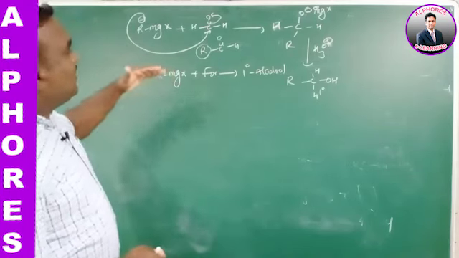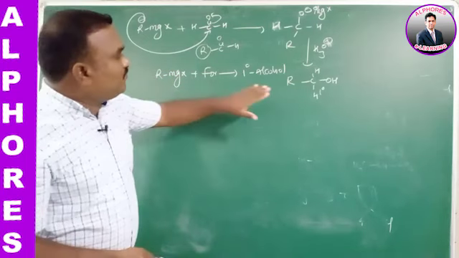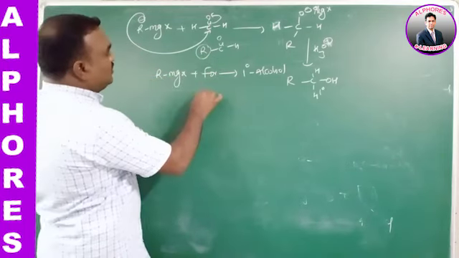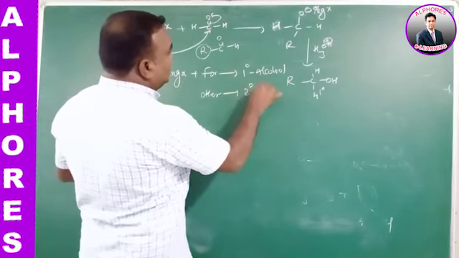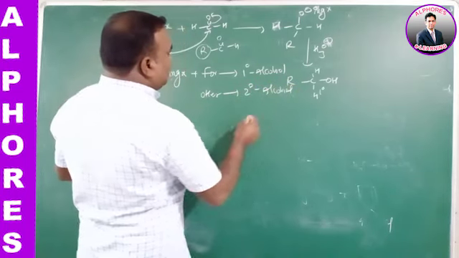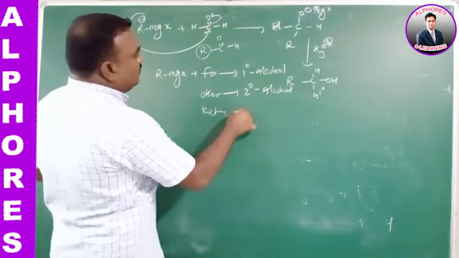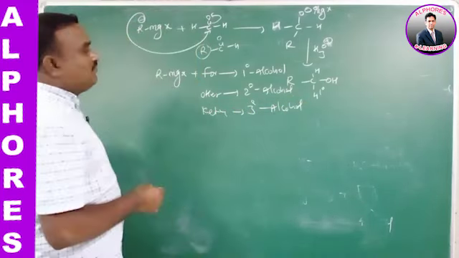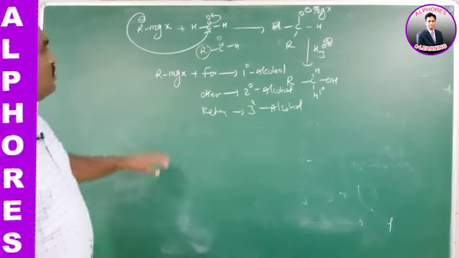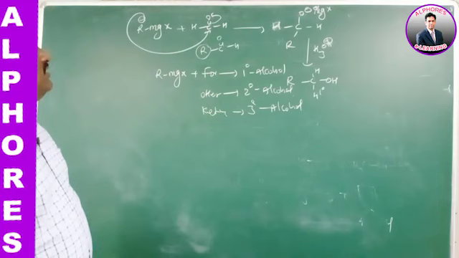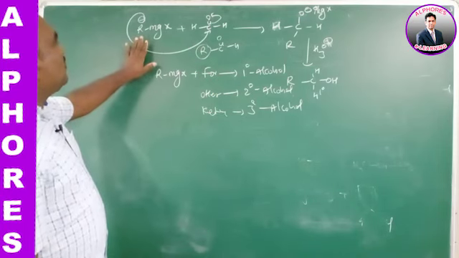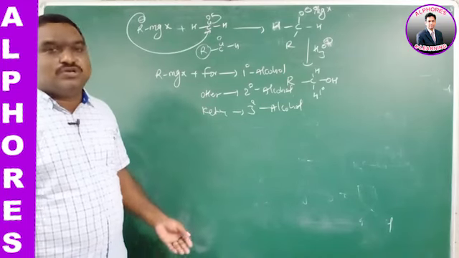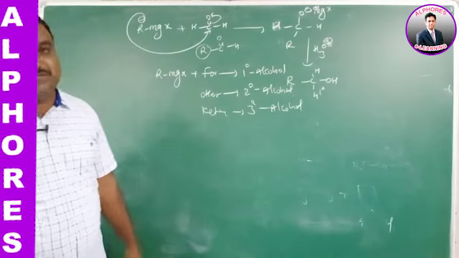Only formaldehyde gives primary alcohols. Other aldehydes give secondary alcohols. Wherever a ketone is given, tertiary alcohols are formed. We will discuss that concept again in the formation of alcohols. So this is the way to write nucleophilic addition reactions wherever RMgX or Grignard reagent is given. So many examples are there, and so many preparation methods are there in this concept. Thank you.